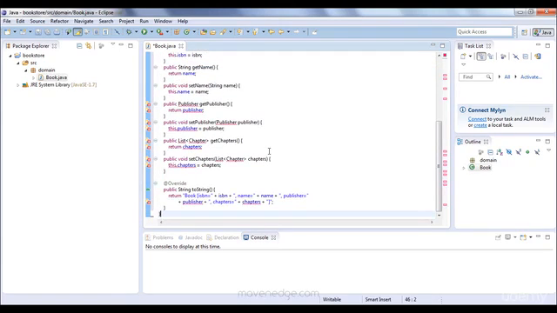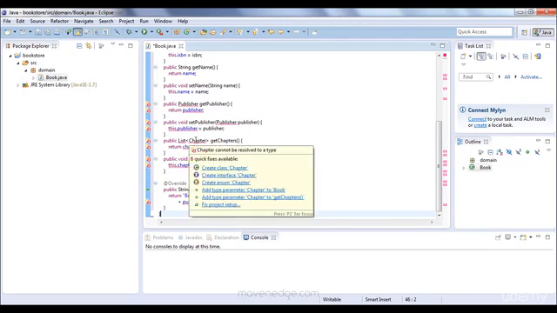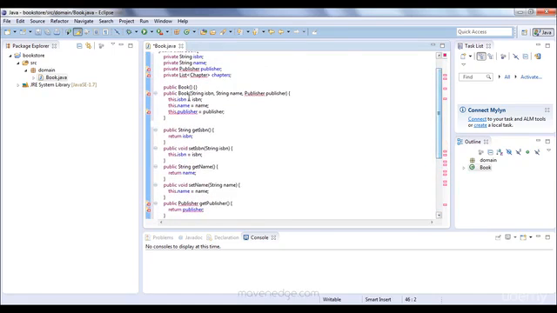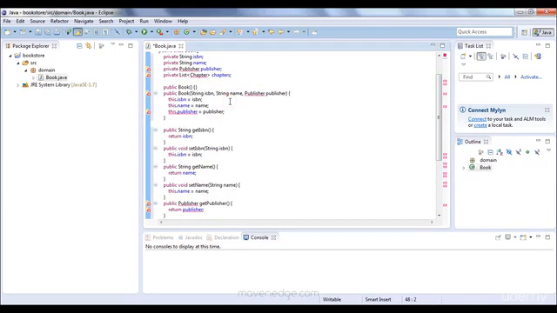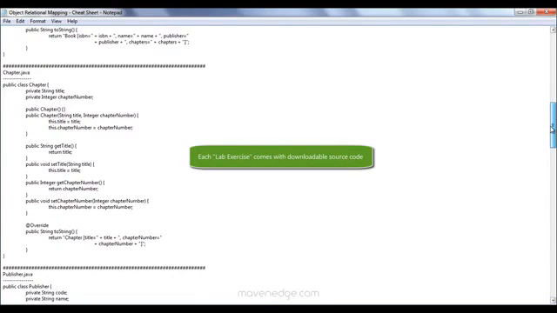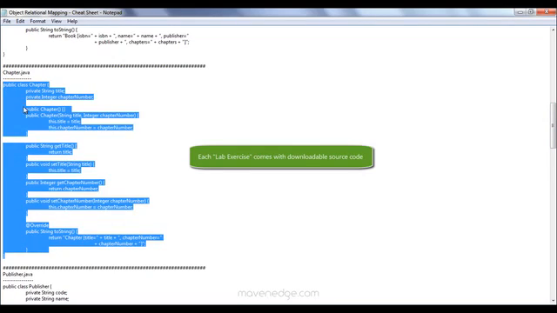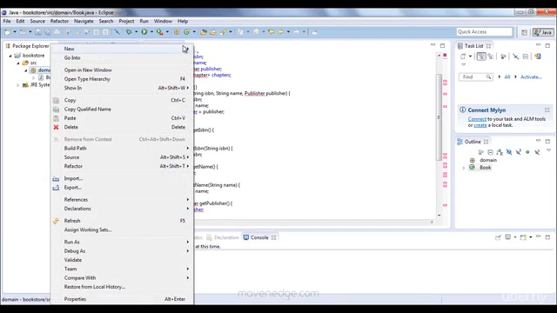And the reason why we're getting these errors here, because we do not have the publisher class or the chapter class that this book class requires to compile. But we could go ahead and at least import the list here, and then we're going to go ahead and create the chapter class. So I'm going to copy the code for the chapter class from here and then create it